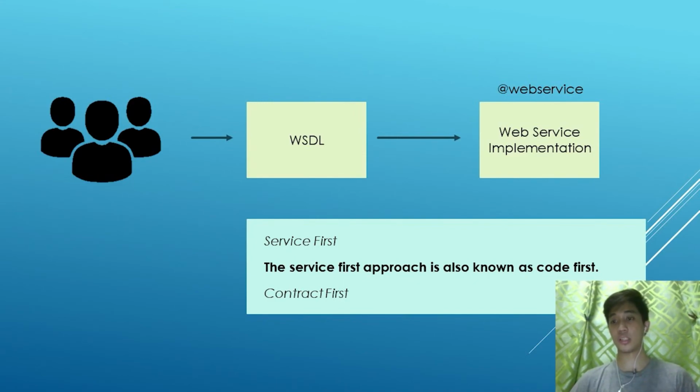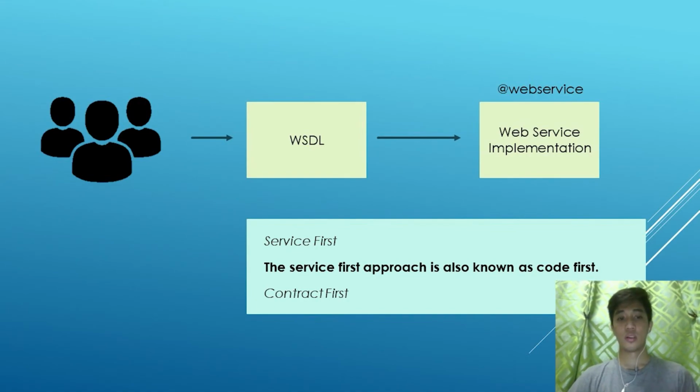Like I said earlier, we should start with the interface before the implementation. So we should write the WSDL first and give the class later. Essentially, I want to write the WSDL, then from the WSDL we will generate the web service implementation. The advantage of it is to write the interface first. We will write the contract first. We will write the WSDL first.